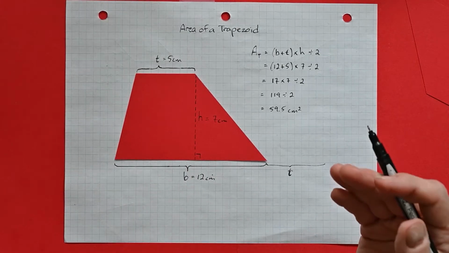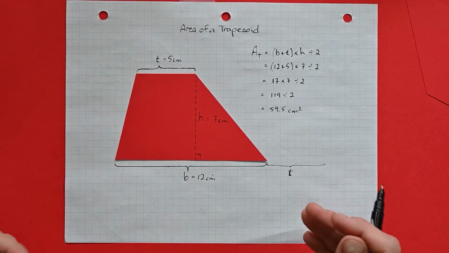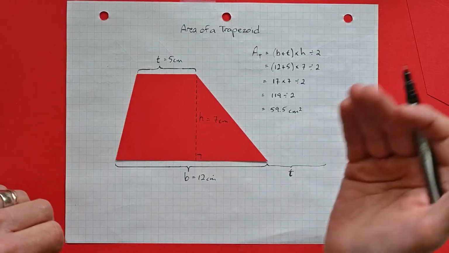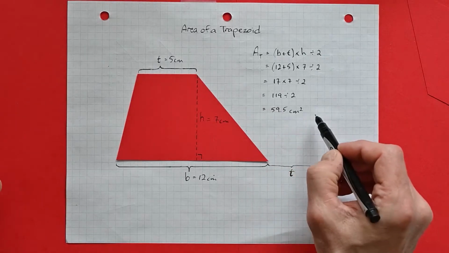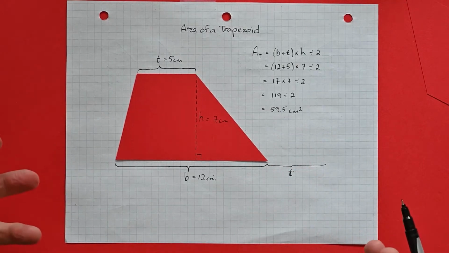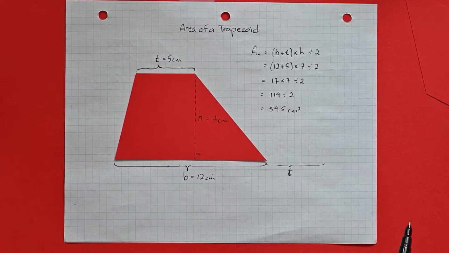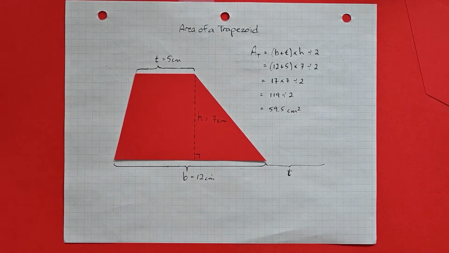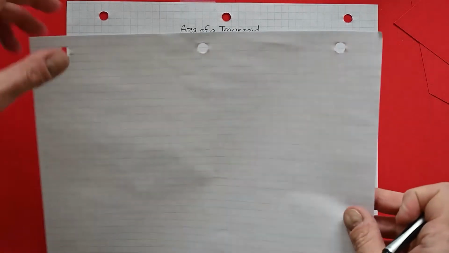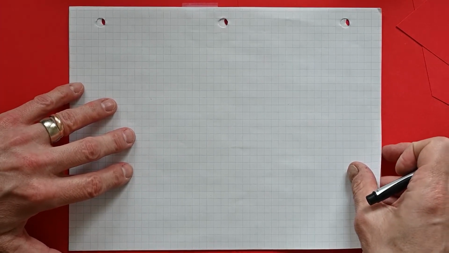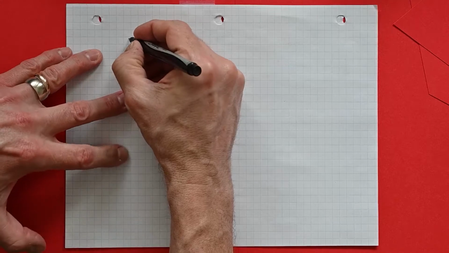Now what can happen when you go on to do these exercises with either trapezoids or with triangles is sometimes they will give you the area and ask you to draw one that has that area. And so I'd like to begin that using a triangle with you today to show you a little trick to getting that done. So let's imagine that you were told a triangle